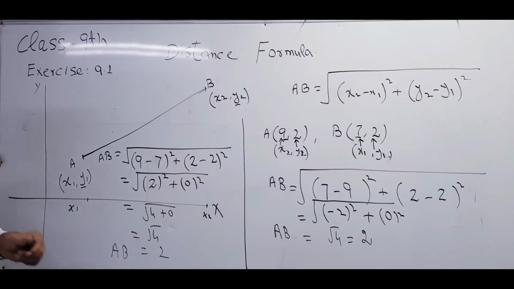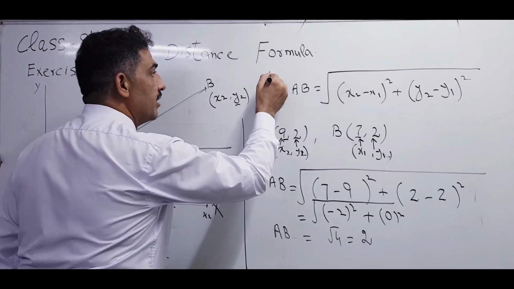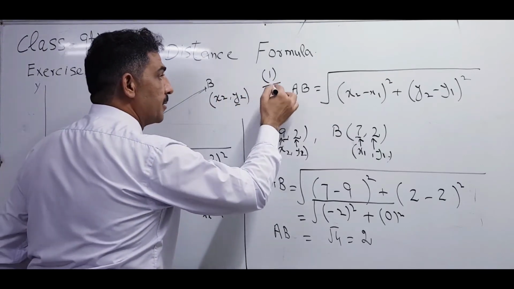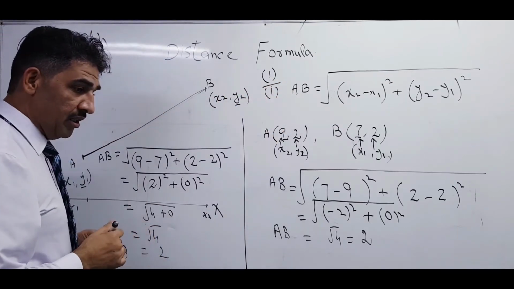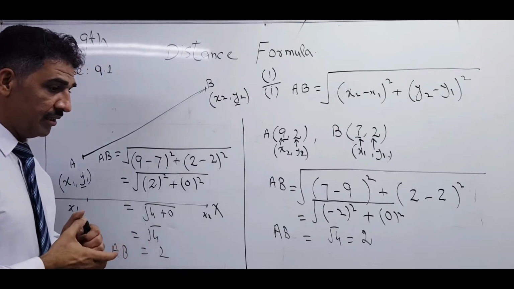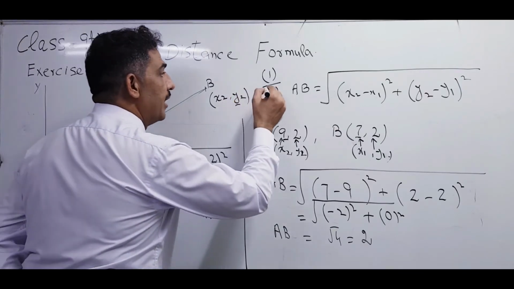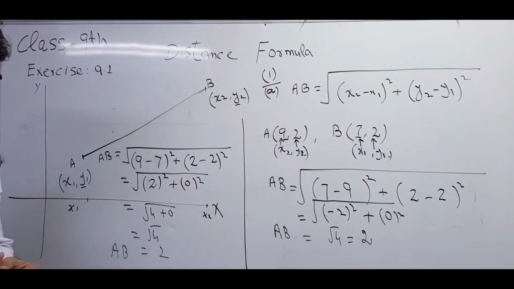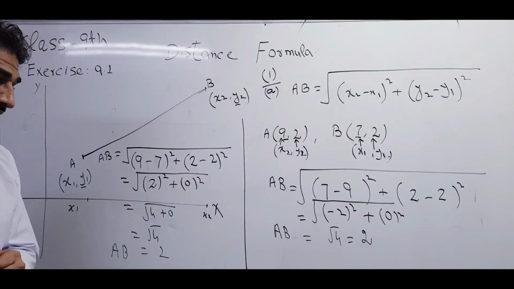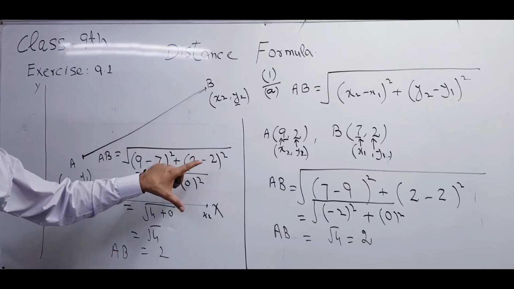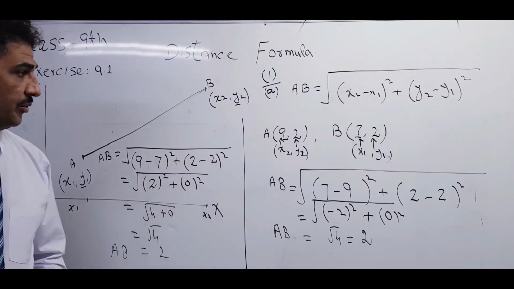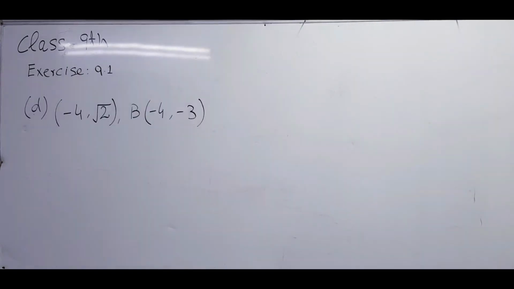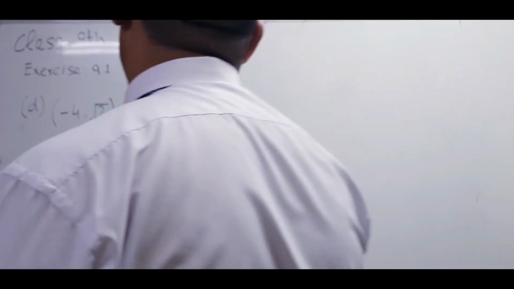That is the first question, 9.1, first question, first part, and we will solve one more question of this one, not the first part, that is A. It's written that A, the first part is written like A. We will solve one more question from this, then we will solve question number 2. Hope all of you it is clear. Now we will solve the next question. Okay, that is one more question.